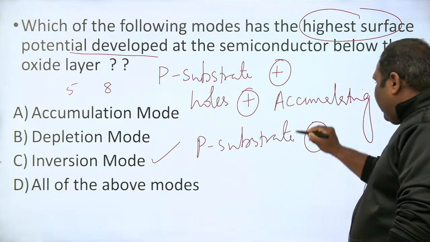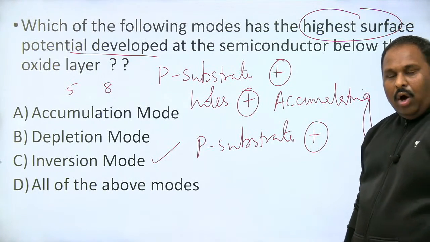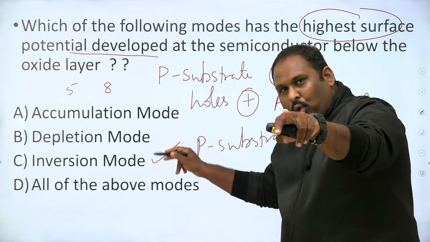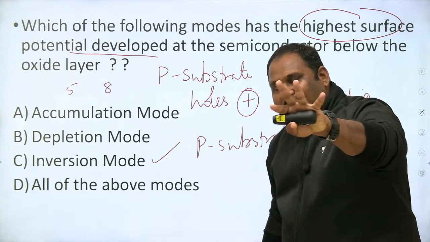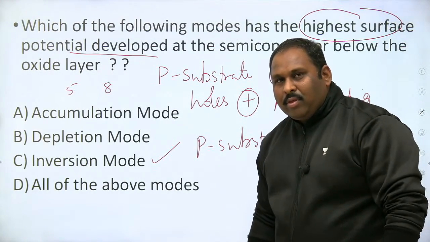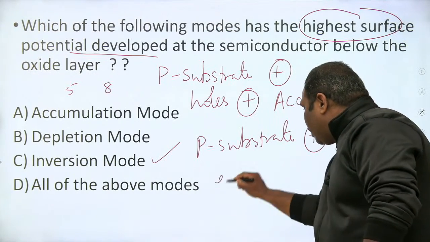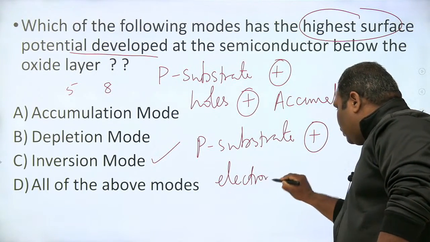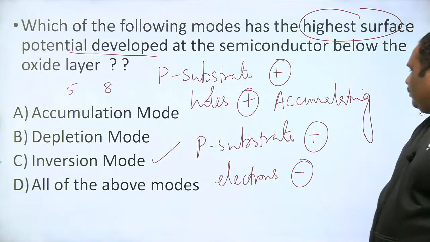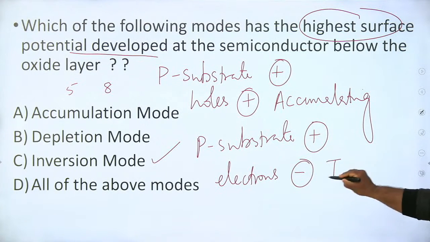But suppose if you look at the inversion mode, जहां पे P substrate है जो ऑलरेडी पॉजिटिव हैं और एक्यूमुलेट होने आ रहे हैं आपके होल्स नहीं. What are coming and accumulating is not holes. वहां पे कौन आ रहे हैं, कौन पुल्ड हो रहे हैं वहां? इलेक्ट्रॉन्स, which is the negative charge. This is what inversion means.